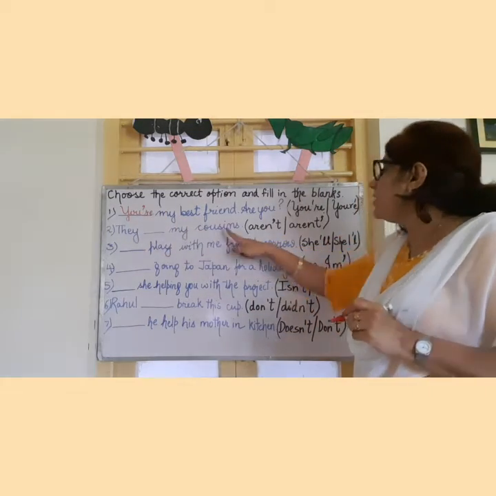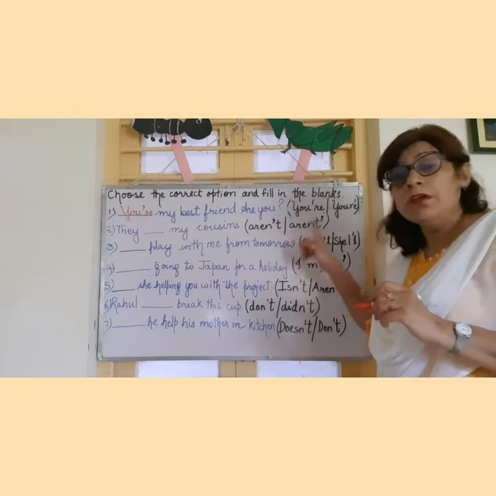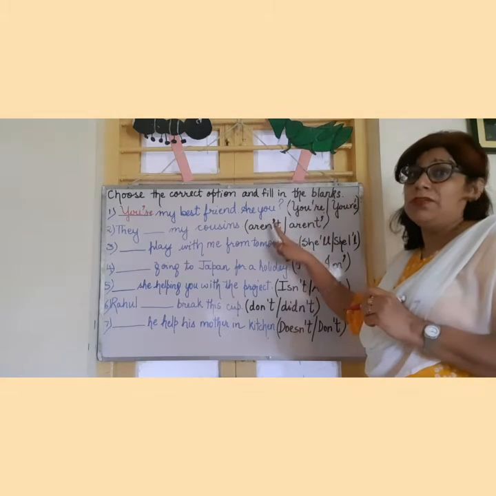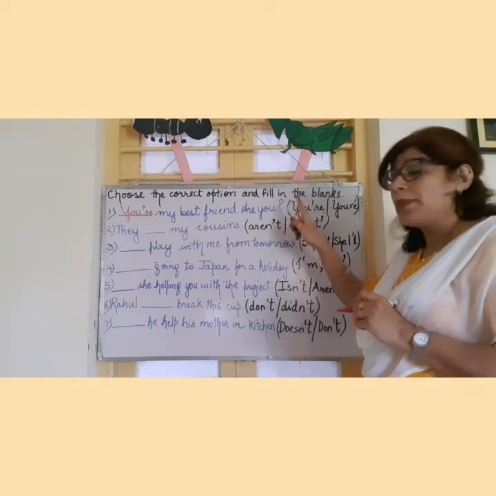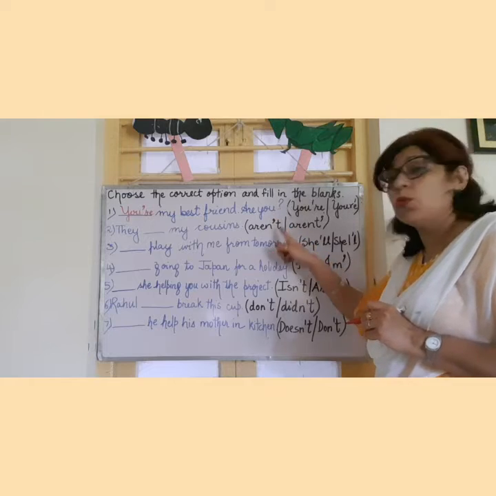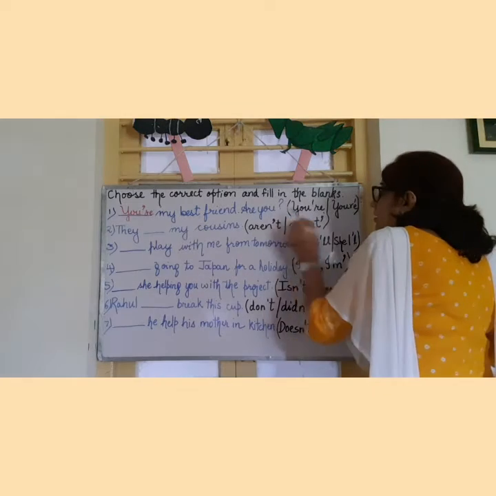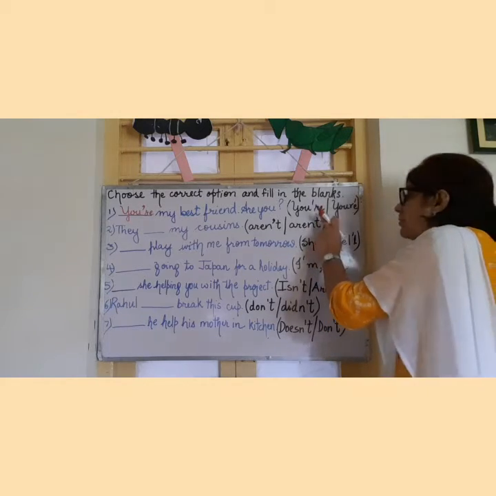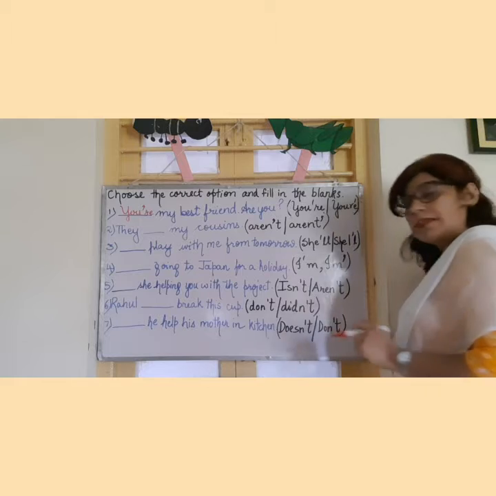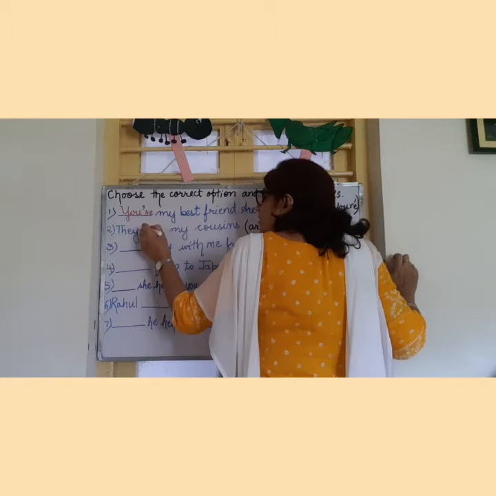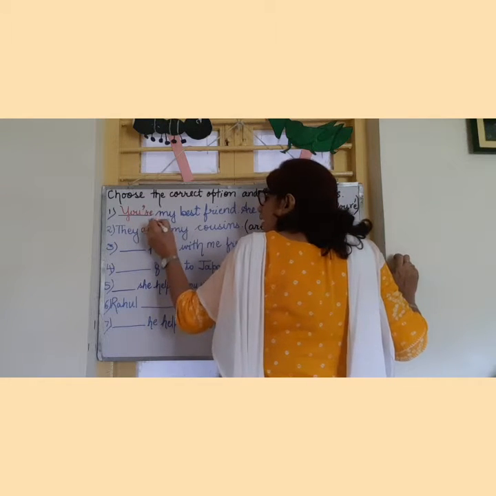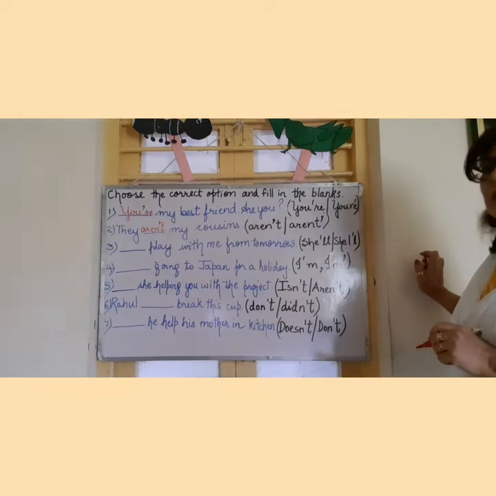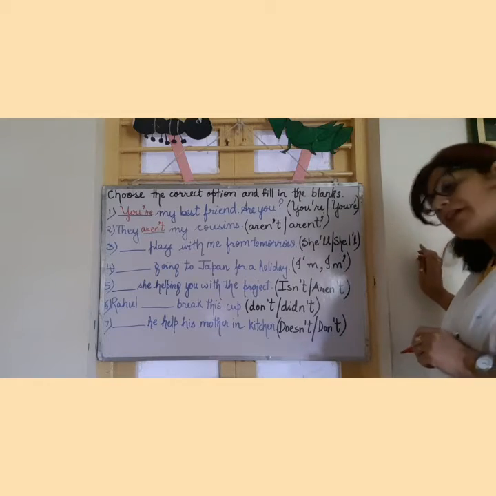Next, they dash my cousins. I told you after the be word, we are going to write the word not, and here since we have eaten the O, the apostrophe has been put here. In this option, the contracted word is correct, but the apostrophe is put at the wrong place. So here we are going to write aren't. This is the correct contraction of are not.